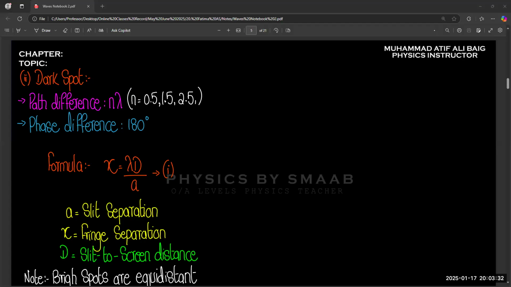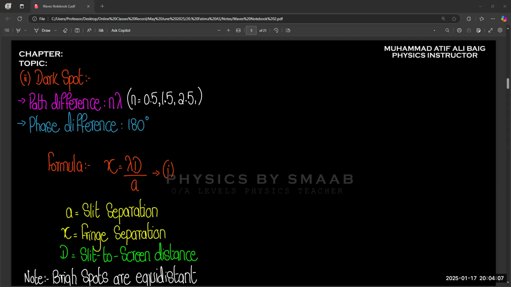Okay, so last time we ended up with the formula of Young double slit experiment, and after this we have some important factors that will help you to answer your questions. In the past papers, you will also get questions from those specific factors, because in the formula you observe that we have distance between slits and screen. We have a concept of slit separation. We have a concept of fringe separation or fringe spacing. So there are different quantities and there are different varieties also available.